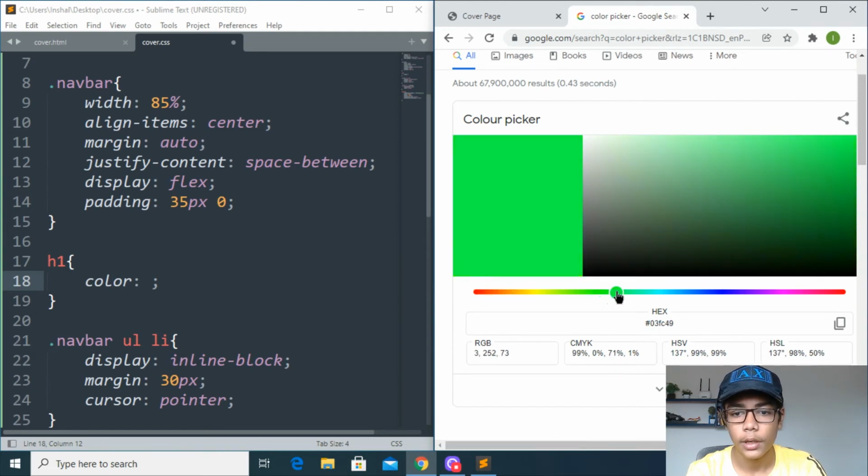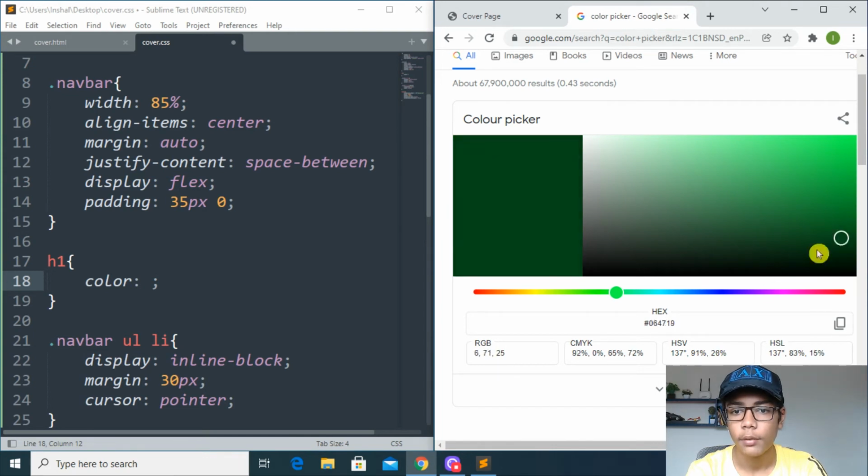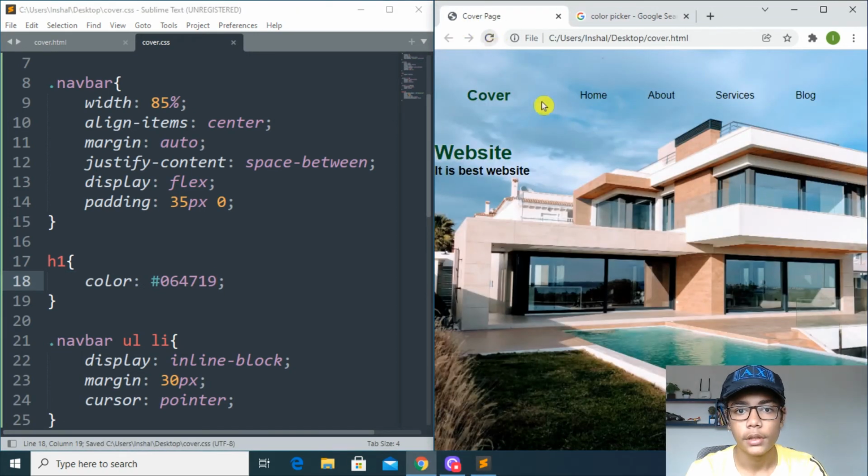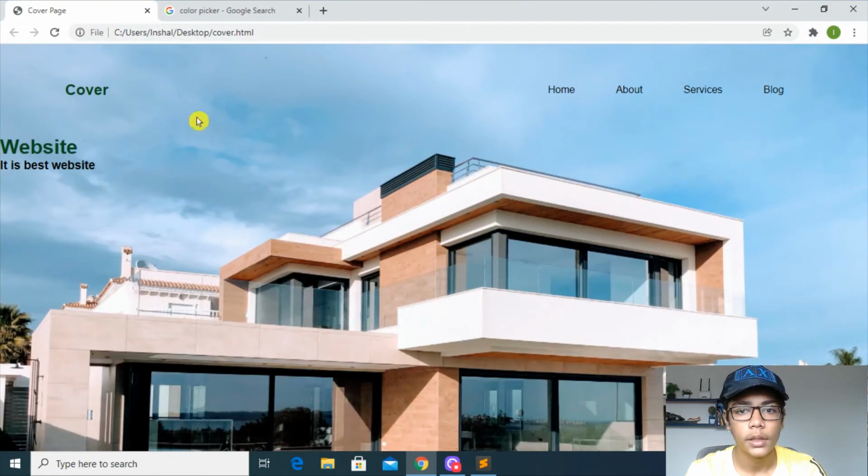So you can put any color here, like dark or light. If you want dark, you can put the dark color by copying and pasting that. Save here, refresh, and you can see now it is in the dark color. If I show you by full screening that, you can see that it is looking good, and our cover page is looking really awesome.